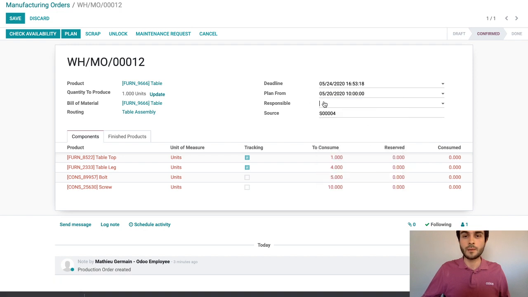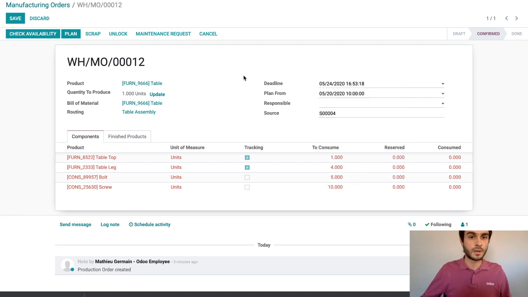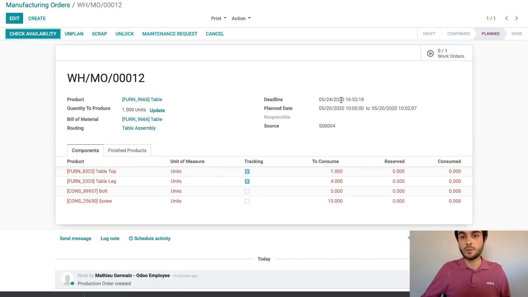All right. If you want, you can also assign it to one of your co-workers in the workshop, and they will receive a notification that they've been assigned to a specific work order. Yes. So here that seems okay. As soon as I hit plan, Odoo is going to plan that manufacturing order from the 20th of May at